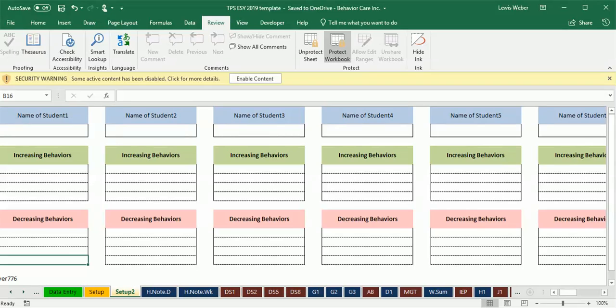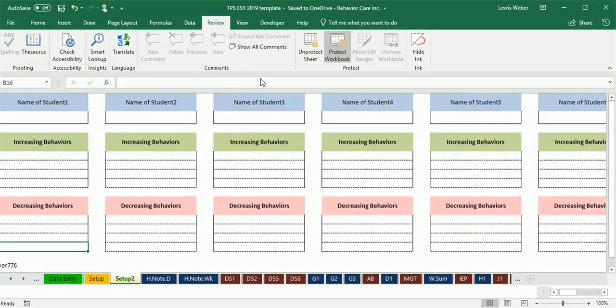When you open up your TPS file, you may see this security warning up on top here. Always click on Enable. That will allow TPS to have all its full functions. You can still enter data without clicking on this, but you won't be able to do any graphing. So as a general rule, I just say go ahead and click on the Enable, and that will allow TPS